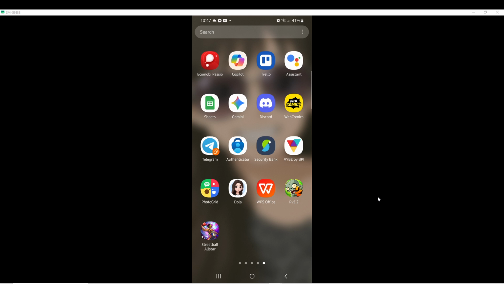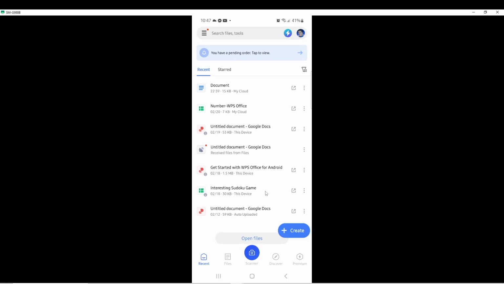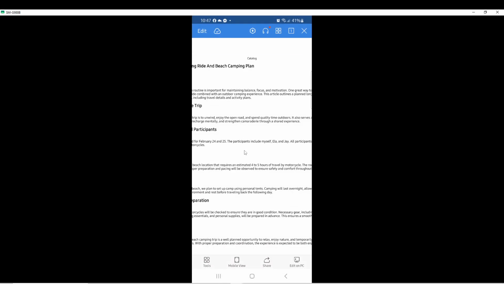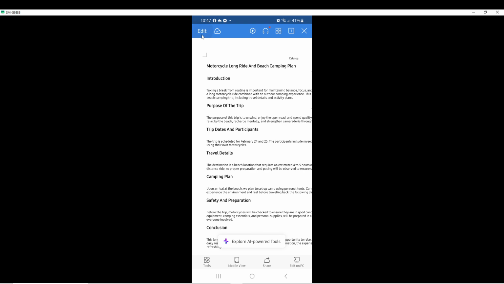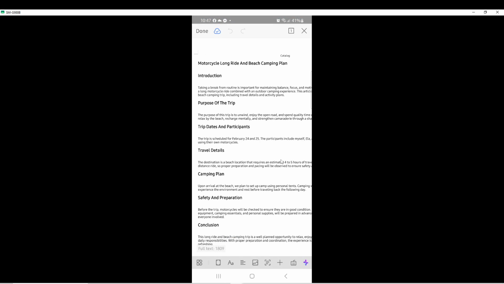To begin, open the WPS Office app on your mobile device by tapping on it. Once the app opens, go ahead and open the document you want to work on. For this demonstration, we will use an existing document, but the same steps apply if you are working on a new file. When your document is open, locate the text you want to edit and tap on it to begin